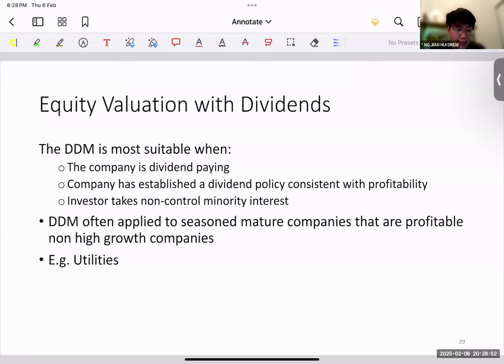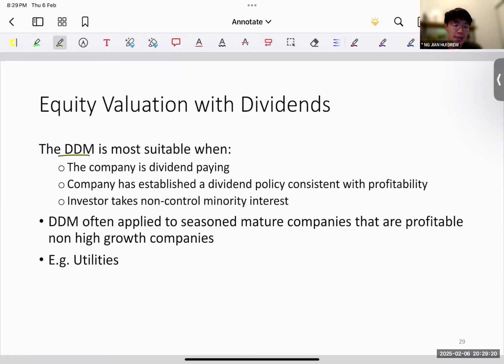Now let's go finally into the valuation. So let's look at how we value the firm. And again, I want to repeat that in case you feel that we are talking about so many valuation methods and it's just touch and go, don't worry, because we're going to do a deep dive in the next few lectures into each of the valuation methods. The first valuation method I'm going to talk about is the valuation with dividends.